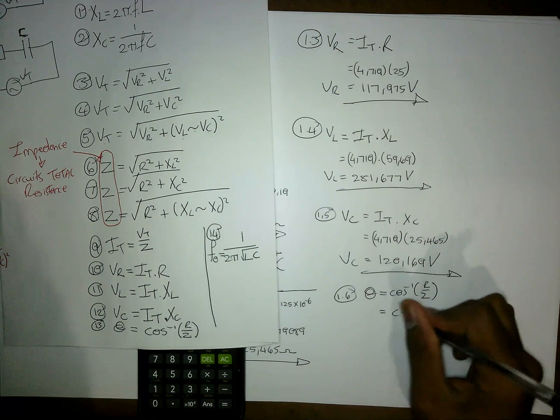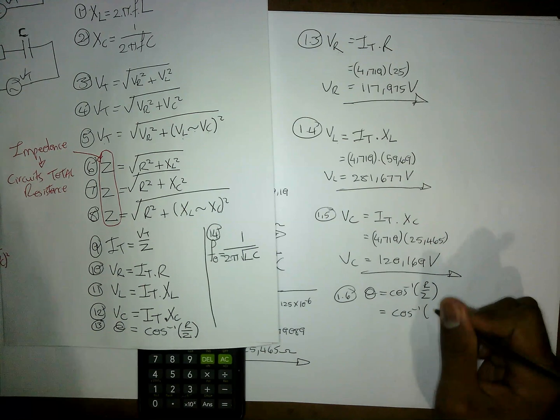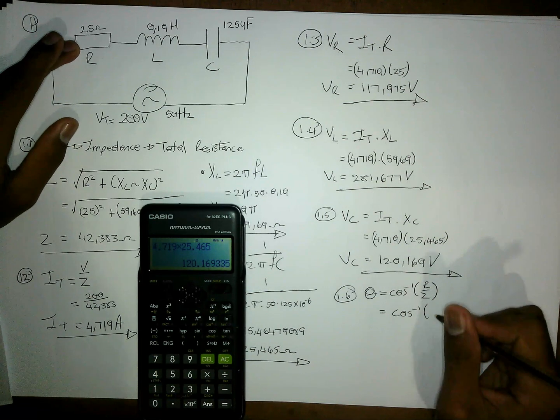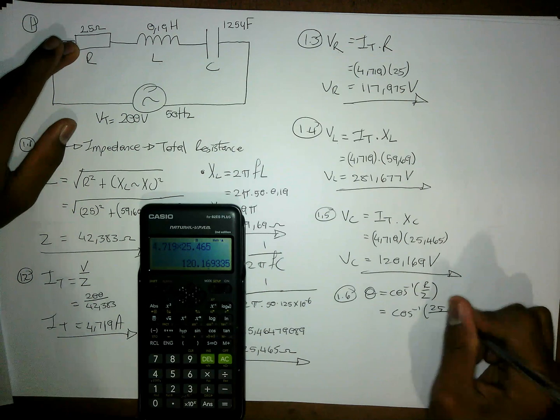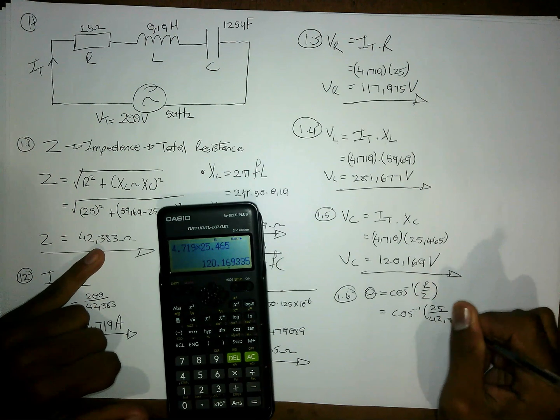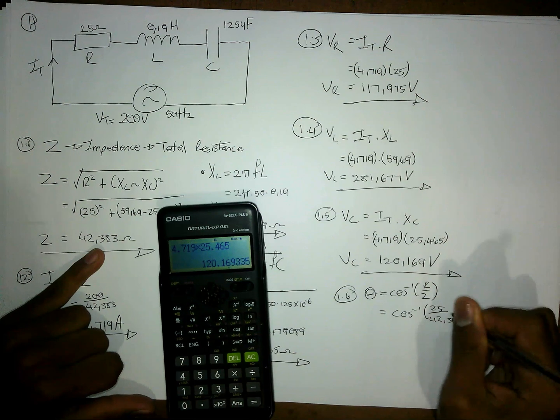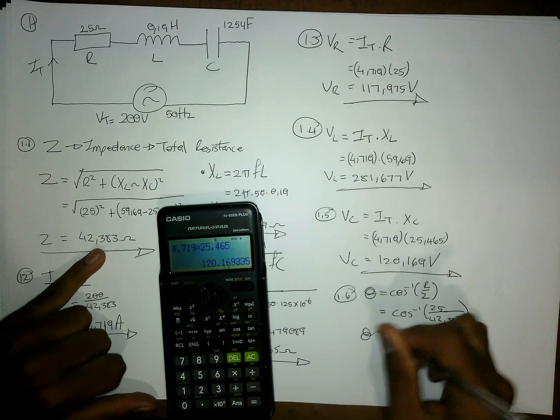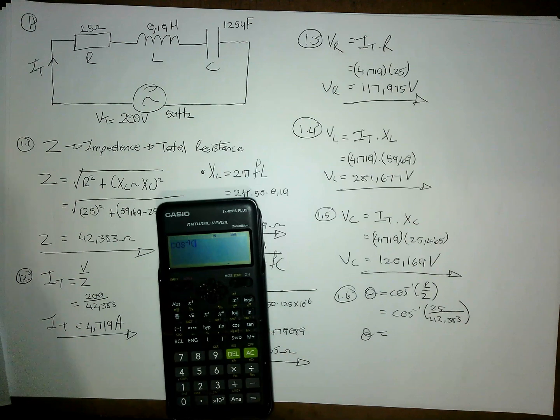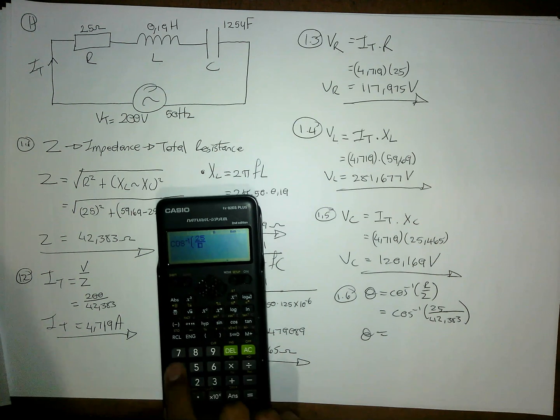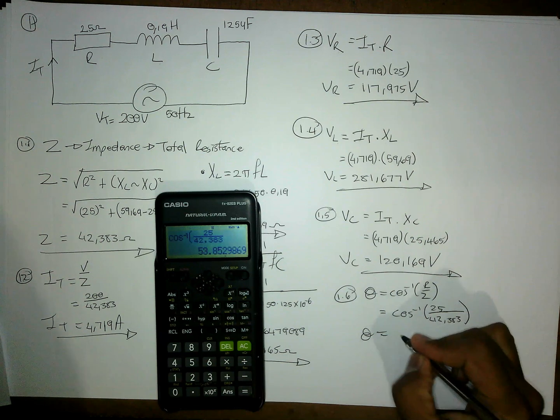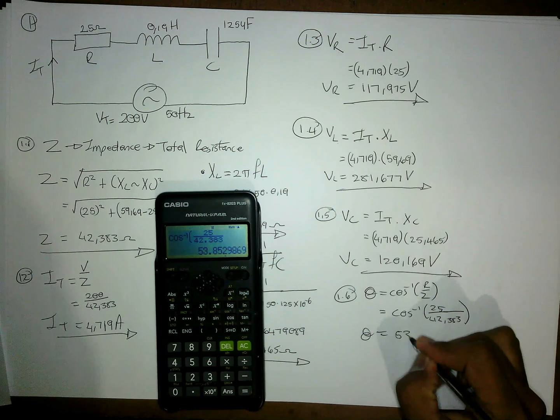What we do is we substitute because we already have these values, right? Our R value here is 25. Our Z value is 42,383. Theta equals 25 over 42,383. Therefore, our phase angle